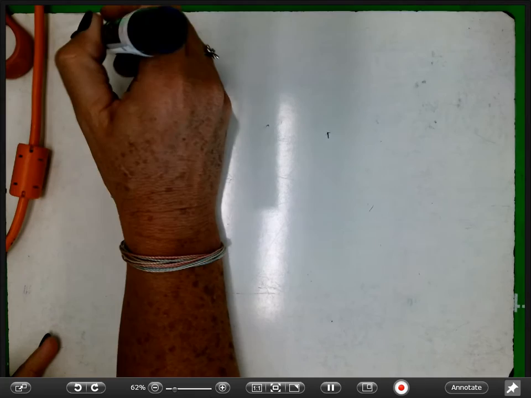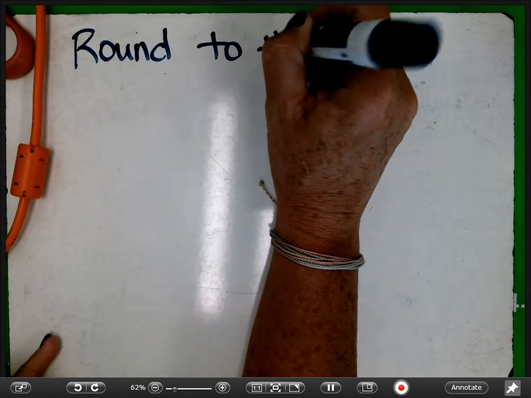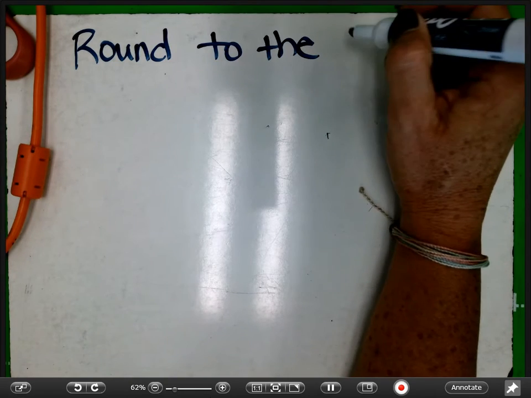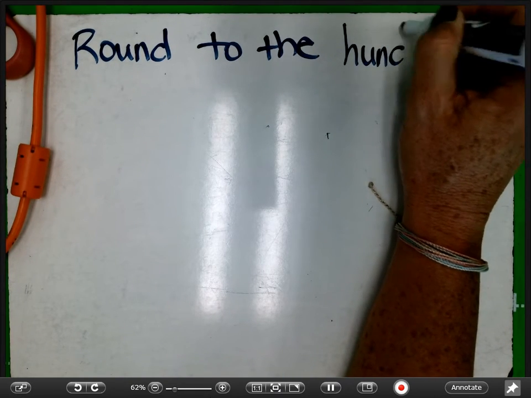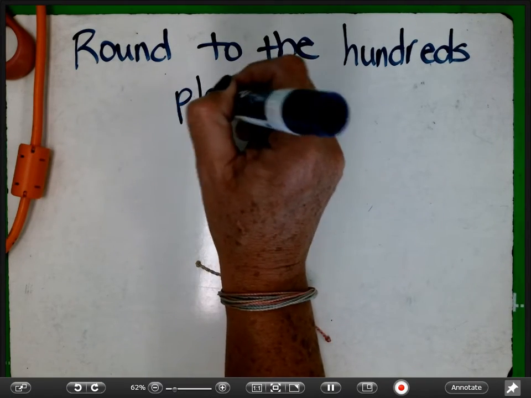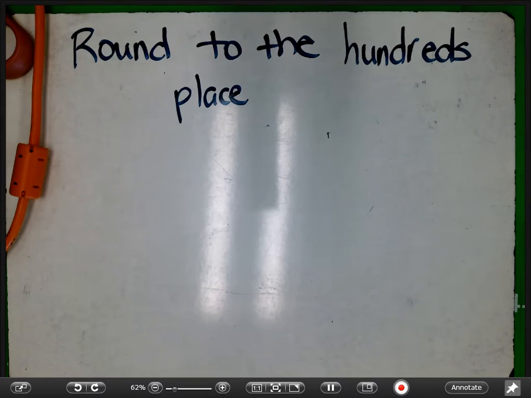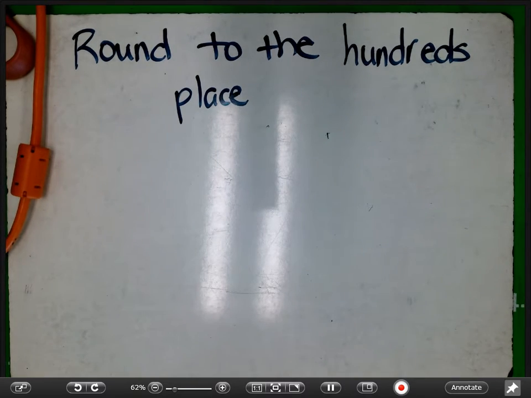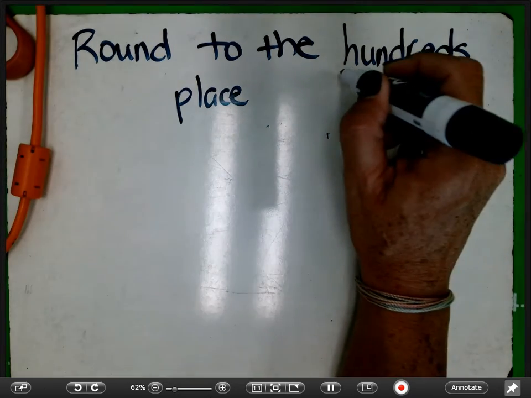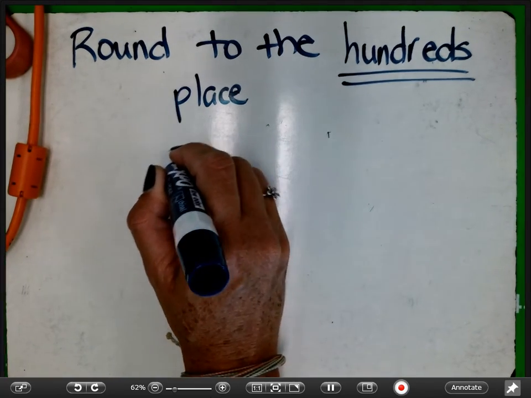So let's do one more together. What's the first step always? Look up at the tens. You have to look at the hundreds, or if it says hundreds or thousands. So we have to read the directions. Please don't forget to read the directions and just go, oh, I'm still rounding to the tens. What does this one say? Hundreds. All right. So let's do